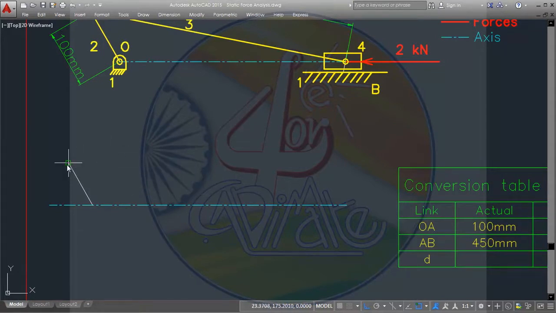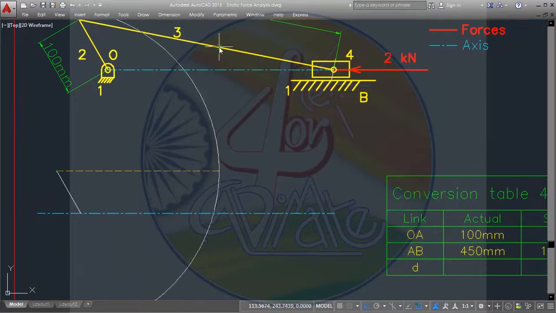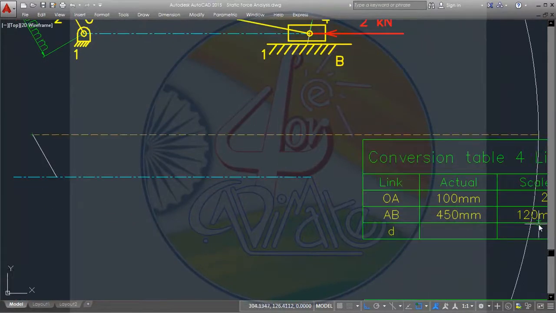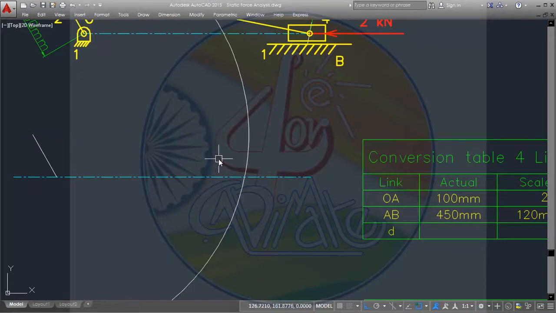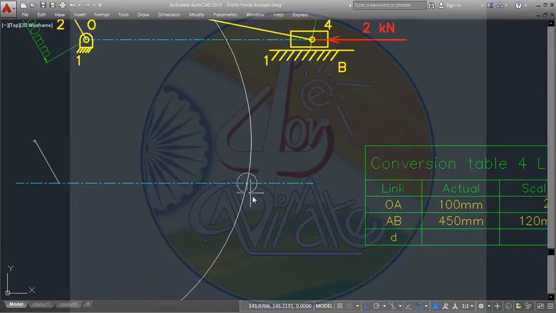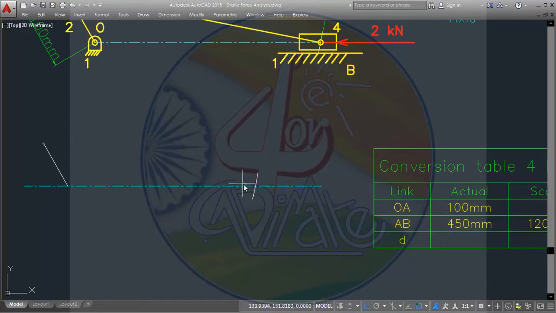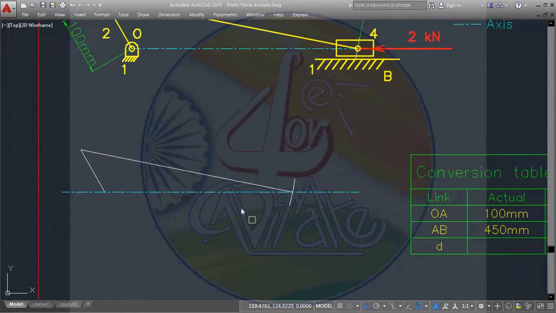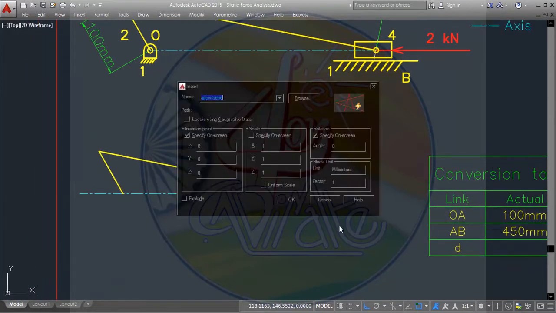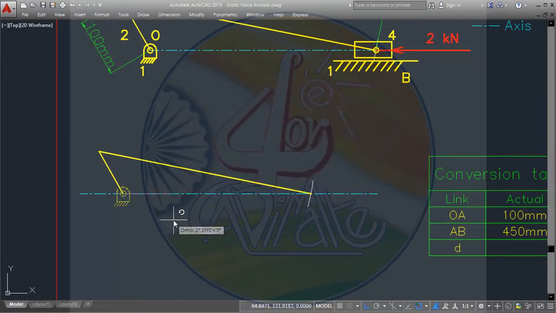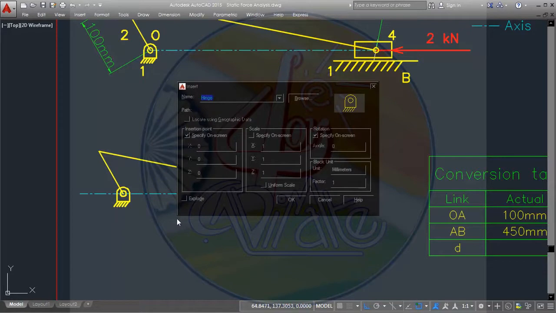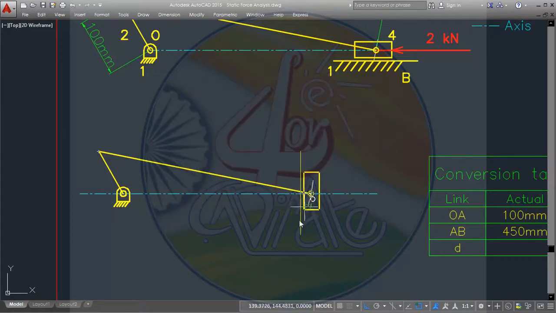Now from here, you have to mark this length. So this link length, actually it is 450, but we have to take it as 120. So I have to draw a circle 120. Fine. So I just need this arc. I don't want the complete circle. That's it. I just need this mark. Now I have to touch this point here. Fine. Now these two are links. This and this, they are links. Fine. And this point is the center. And here we have the slider. Fine. So this is our link.